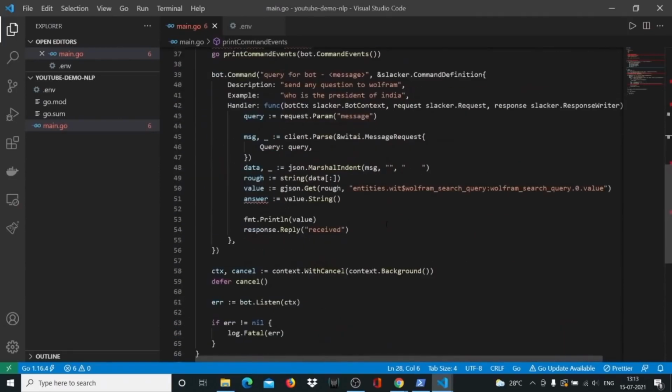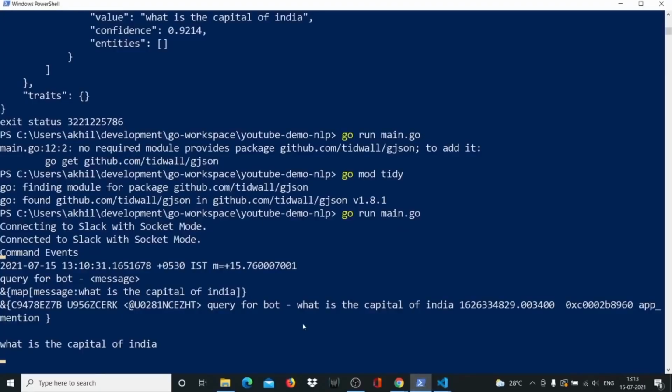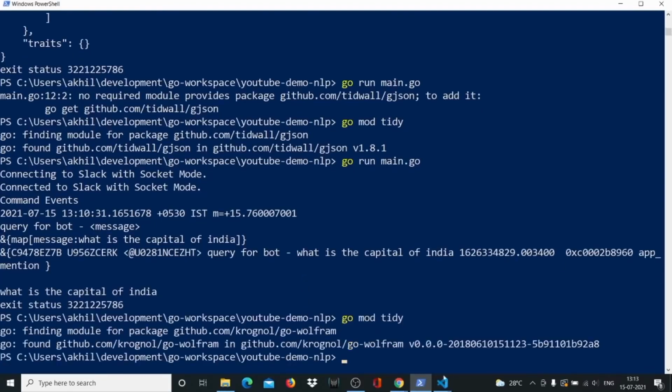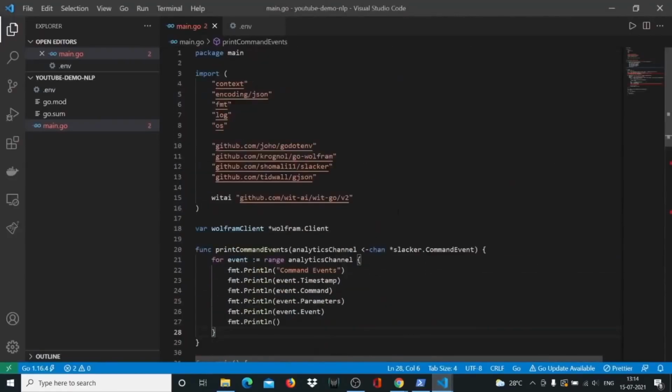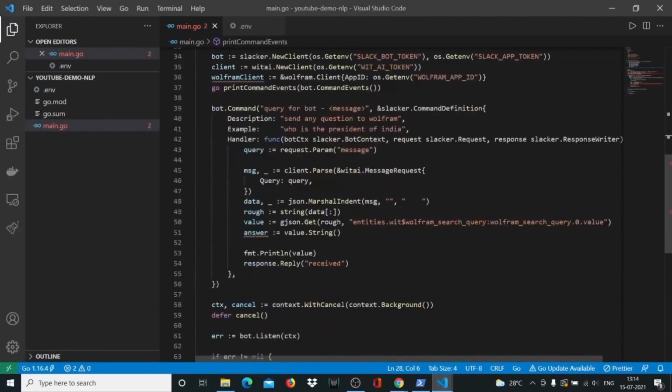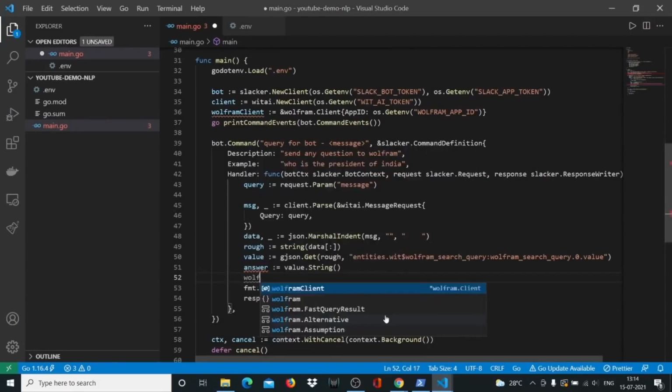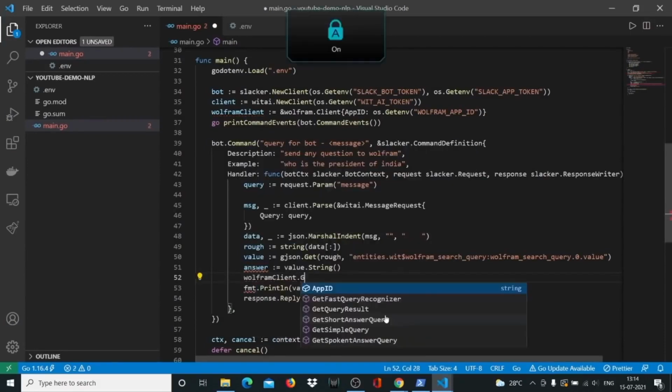So now I'll come here to answer. Actually, before that, let me just stop this program and go mod tidy again so that we get the Wolfram package. And now the errors mostly have gone away except for these two errors, right? The Wolfram client. So the Wolfram client we have to use right now. So I have the answer here in a which is basically string and the value in string format, and I'll say Wolfram client dot get